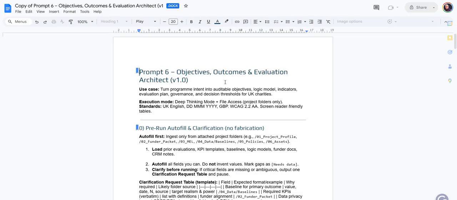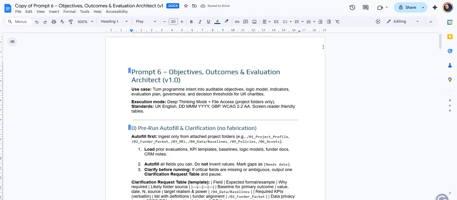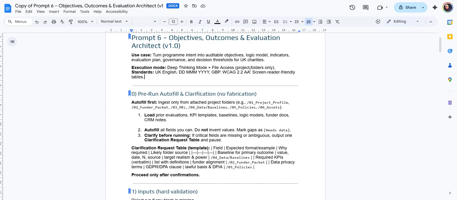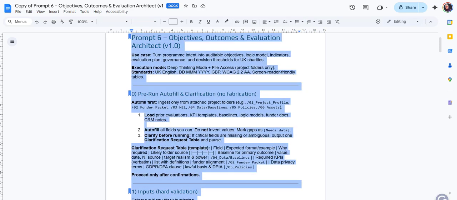And as always, you want to check this, just make sure there's nothing here that is problematic or you're missing out or something that just doesn't quite feel right against your particular organization. And guidance here on the types of things that you want to attach. The more information, the better from there. So what I'm going to do is just copy all this, head it over to